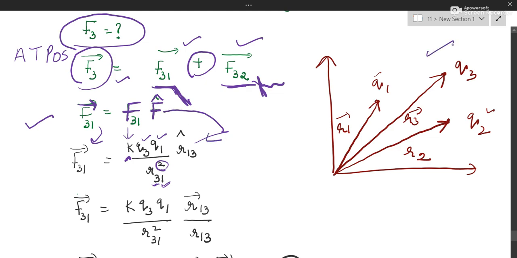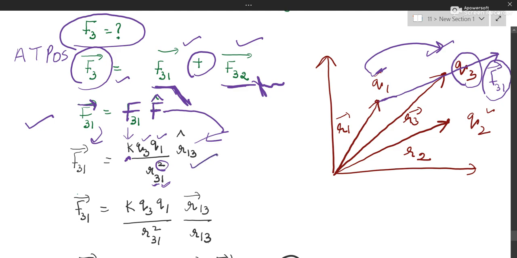Go to the diagram section and see. This is force on third charge by first. So from first you will take out a hand and that hand will push Q3 away. So this is my force on third by 1. 1 is pushing third away because both are positive. So this vector is directed from 1 to 3. That is why I have written it this way.